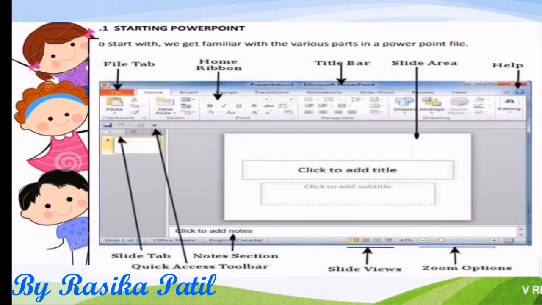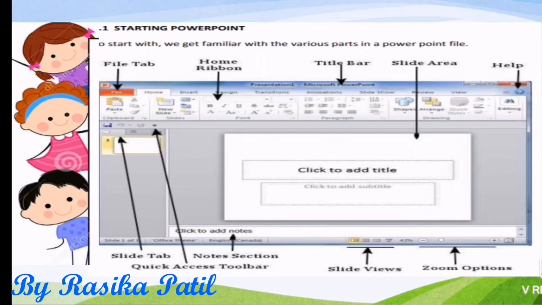The question mark at the right hand side corner, you have that question mark. What does that question mark mean? That question mark means help. If the net is connected to our PowerPoint, then that question mark may help us in all ways. Suppose you are stuck in between, go and click on that question mark. You can ask your doubts over there and your doubts will be cleared online. So for that purpose, your computer should be connected to the internet.